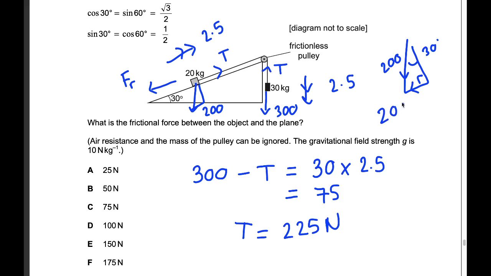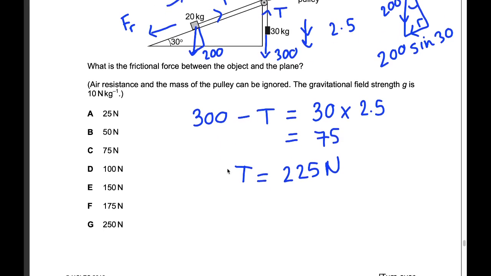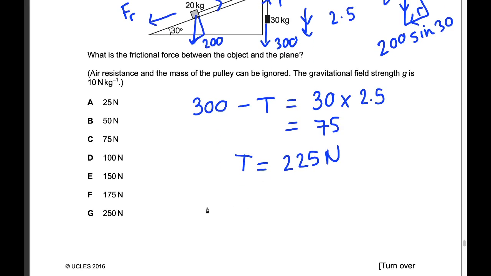And you should know sine 30. Sine 30 is a half. So 200 sine 30 is just 100 newtons down the slope. And that's all we need. Now we know that it's traveling up the slope at 2.5 meters per second. We can do F equals ma on this. So we've got